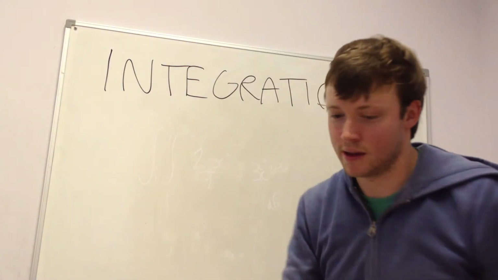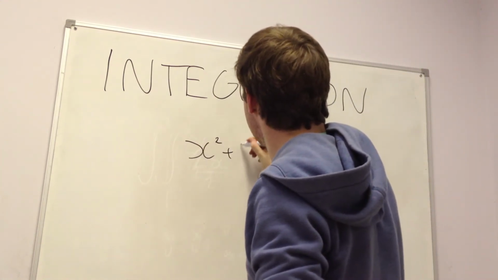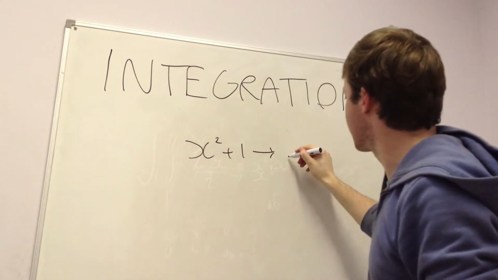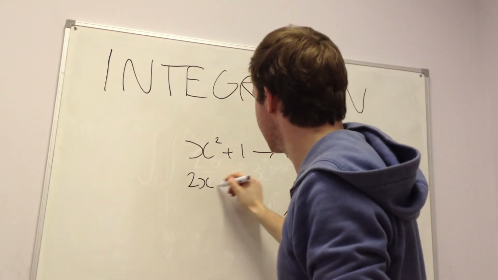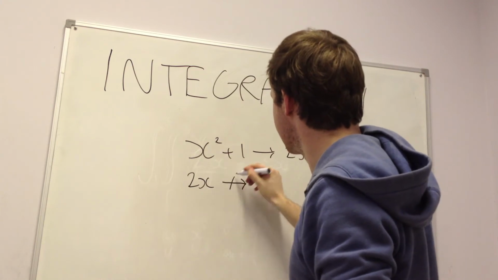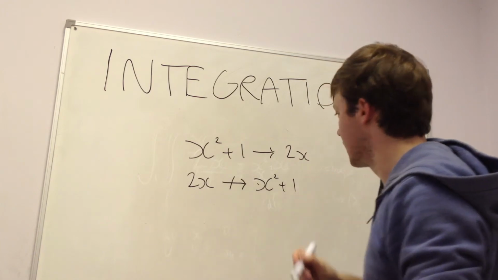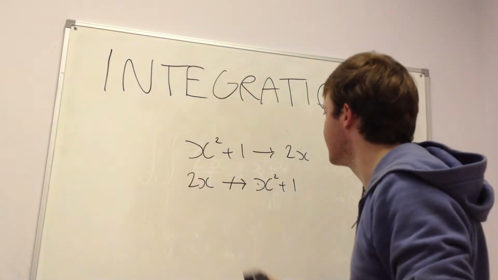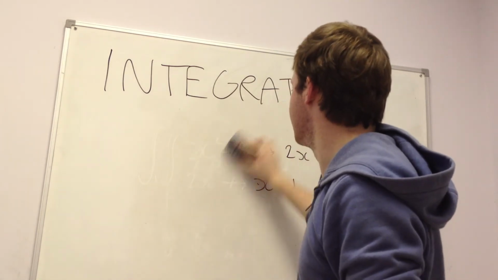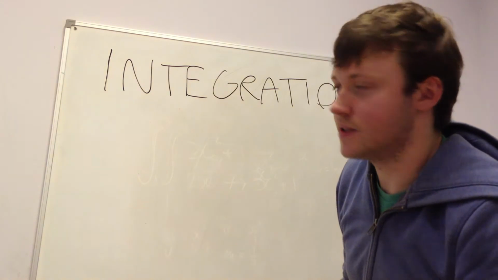However, if we differentiate x squared plus 1, this also goes to 2x. But 2x obviously doesn't integrate to x squared plus 1. So how can we explain this? Well, we need to use an arbitrary constant, which is denoted as c. So when we do integrate 2x,